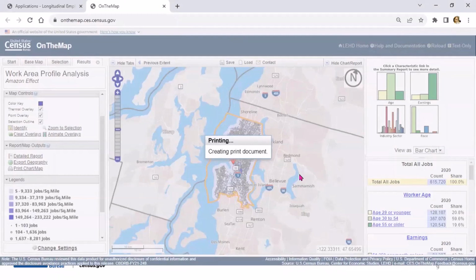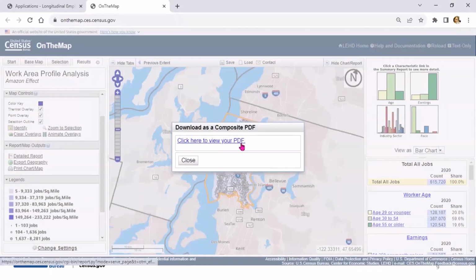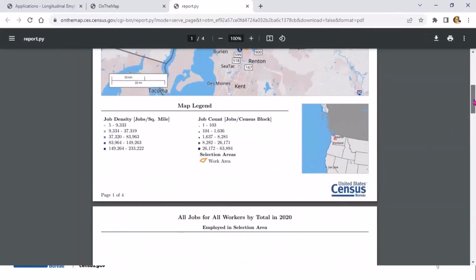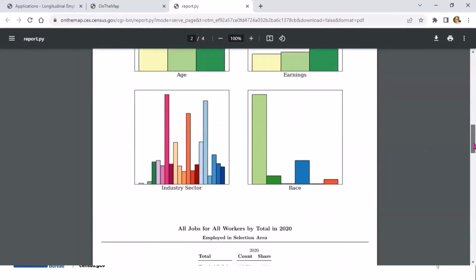And sometimes it just takes a bit, but I think it's worth showing. And then you get this pretty map with the legend along with the charts.